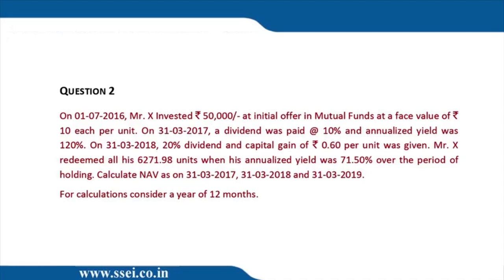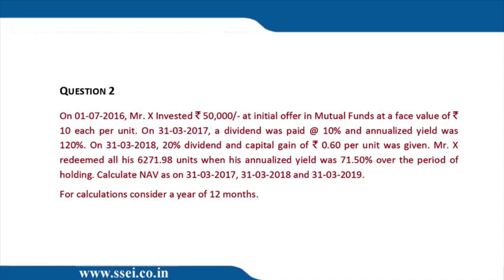Now it's saying that we earned 71.5% annualized yield over the period of the holding. Annualized. Now what is the total return? Our total horizon is 2 years and 9 months, that means 2.75 years. So 71.5 into 2.75 is 196.625% return. So 196.625% return on 50,000 is coming to